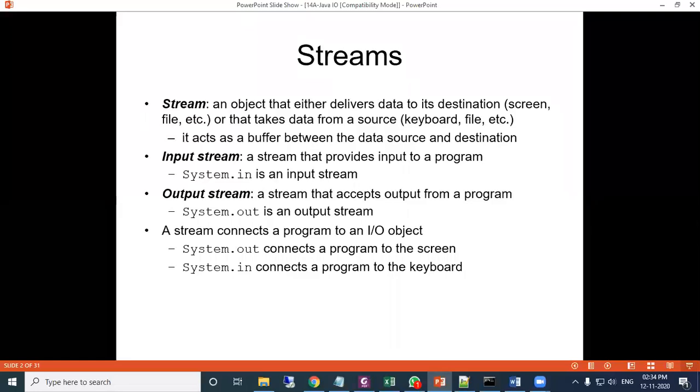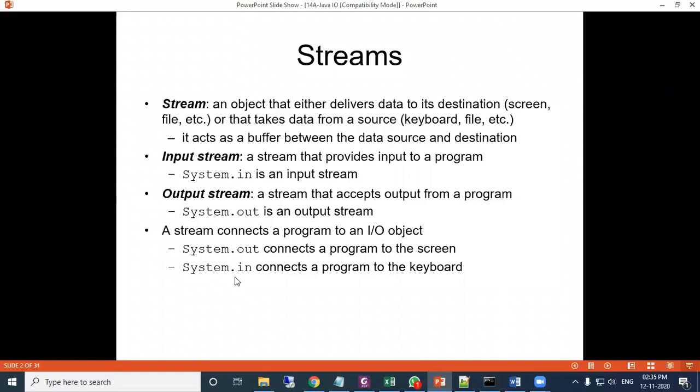We have already used System.in for input stream and System.out for output stream.